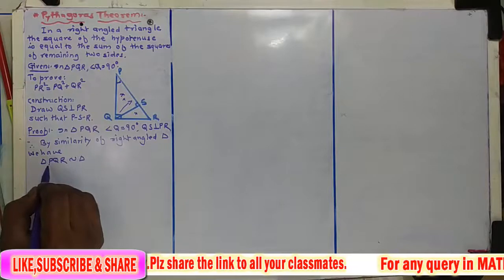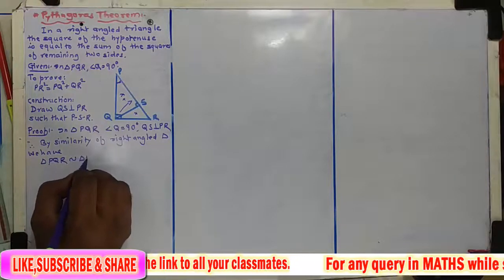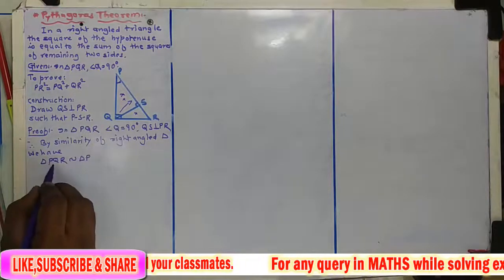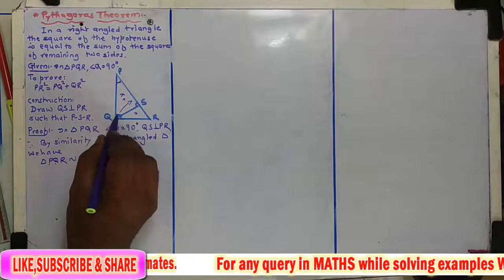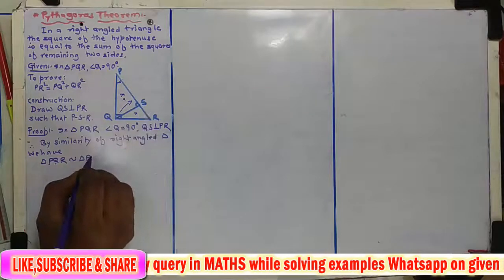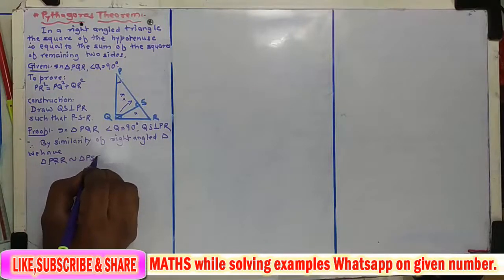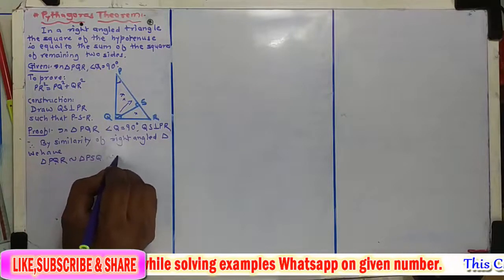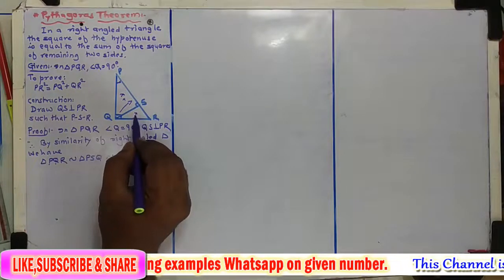The first triangle starts from P, so the second triangle also we will start from P. Now the second vertex is Q. Q is the right angle vertex. Now in the upper triangle the right angle vertex is S, so S comes and the last vertex is Q. Okay, which is again similar to the second triangle we have to write.